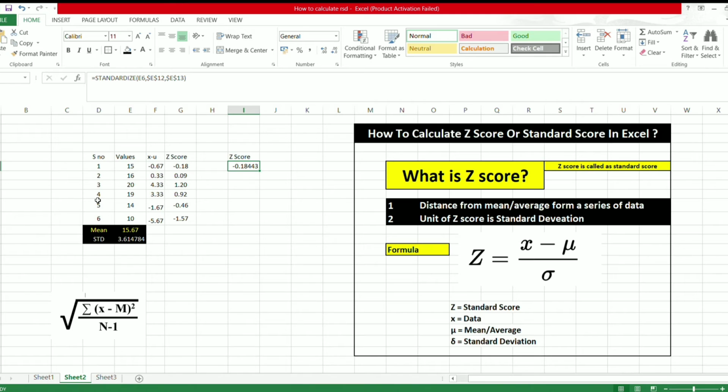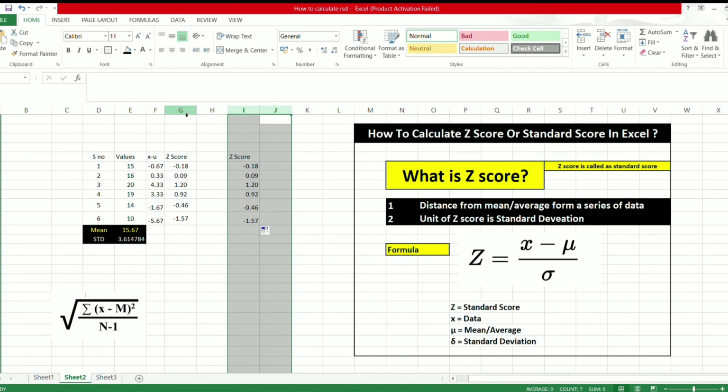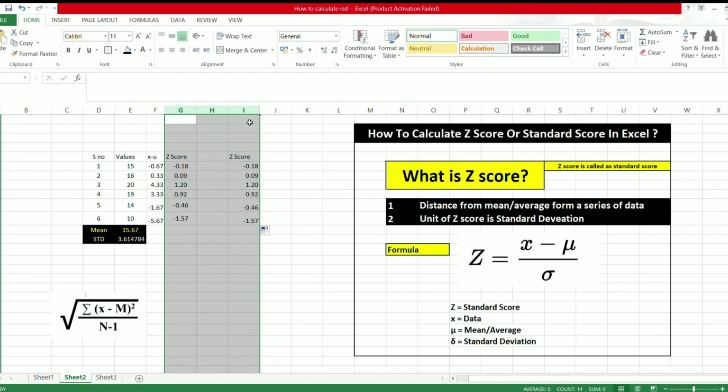That is the manual process, and this is the automatic process using Excel. We can reduce the decimal places, and if required we can drag down for all values. Now you can see both Z-score values are the same. One is calculated using the manual formula, and the other using the complete Excel formula.